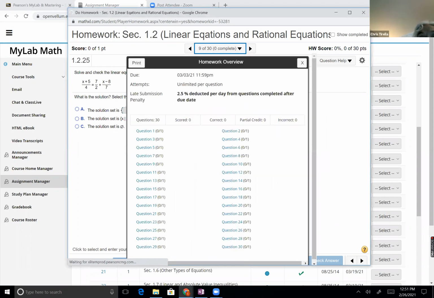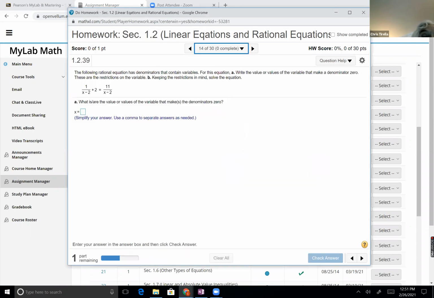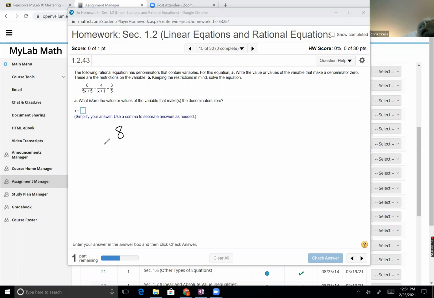And then the last type of problem that you're going to see on the test is something similar, but there will be variables in the denominator. So here I have an equation like 8 over 5x plus 5 is equal to 4 over x plus 1 minus 3 over 5. The first thing they're asking you for are values that make the denominator 0, which would